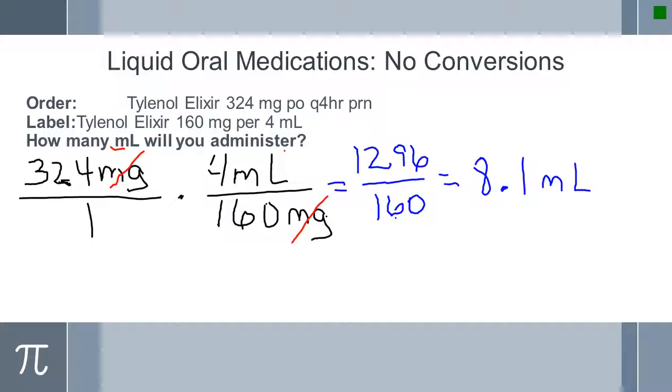Now let's try one where we have some orals on there. Here we're going to be putting it in milliliters instead of tablets or capsules. So it's set up the exact same way. We have 300